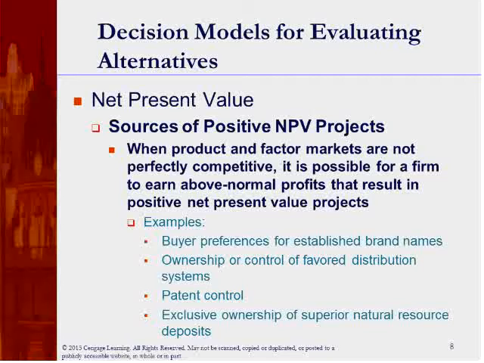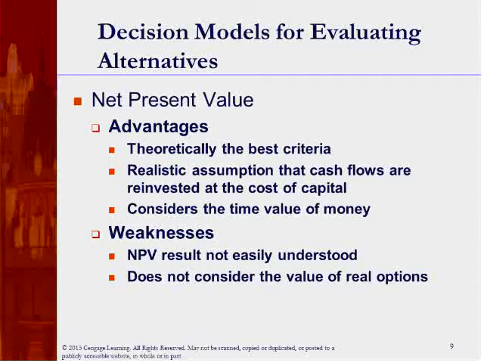Like for example, De Beers is a good example of this last one. Pfizer was a very good example until recently, when they had control of some special drugs that have now become available as generics. Ownership and control of favored distribution systems, I would say Walmart is a very good example of this. And buyer preferences for established name brands, you can name anything. Like for example, Toyota and Honda are really good examples of this. All these have examples of where you get those.